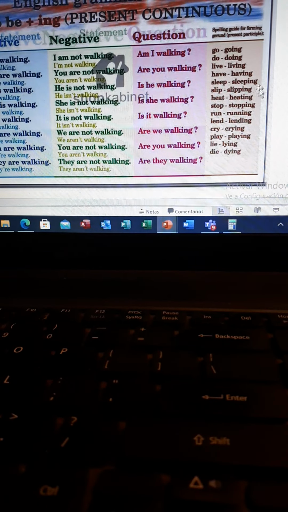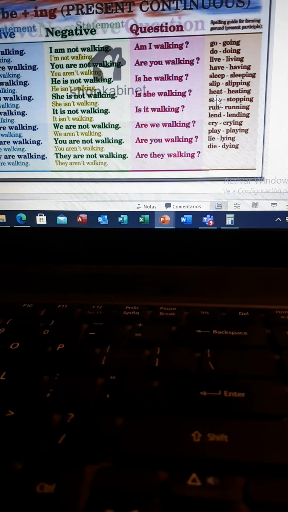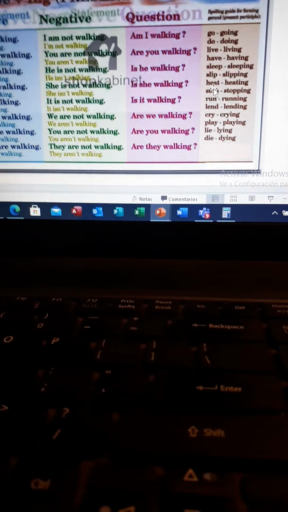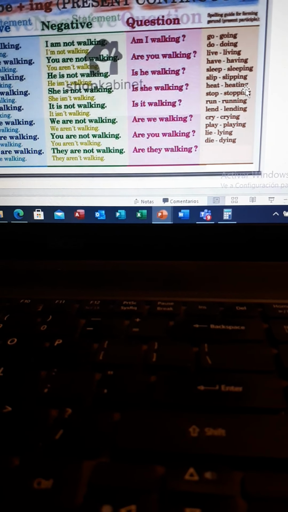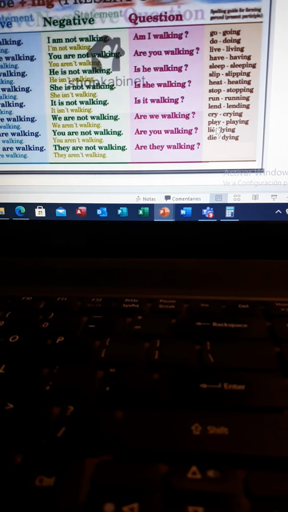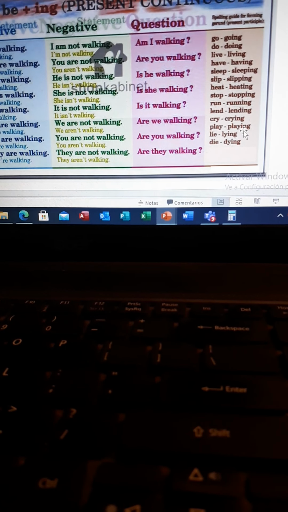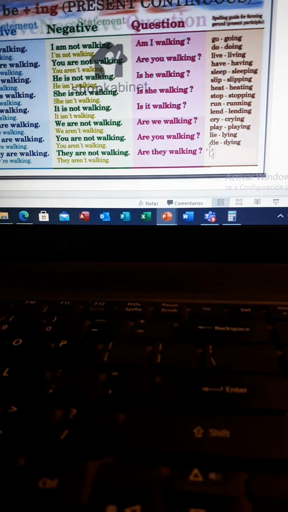So you have to duplicate the last letter. But that does not happen with hit, okay, or eat, because there are two vowels, so you only have to add ing. And the same happens in the case of play, if it is a vowel before the y, you have to leave it and add ing. Or in the case of lie and die, you have to take off I and E and put ing. So depending on how the verb is written,